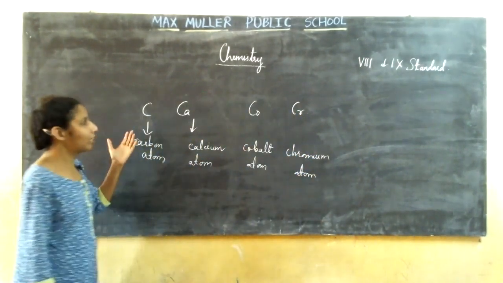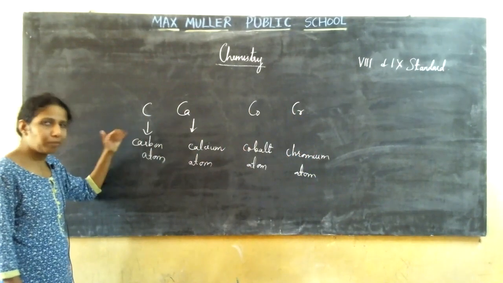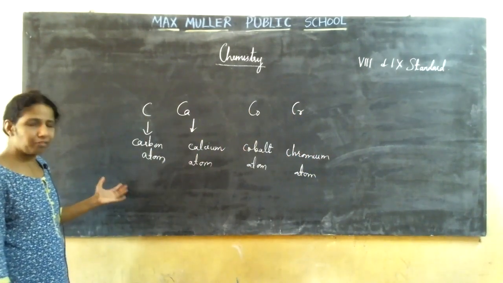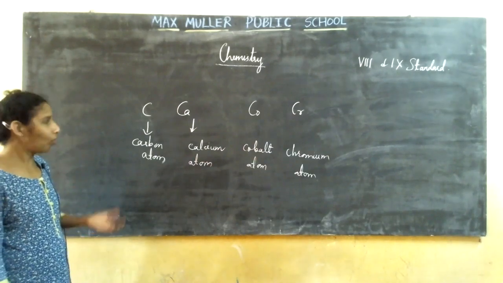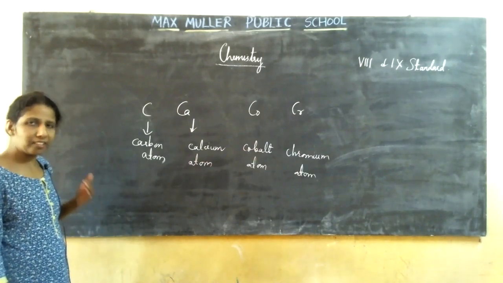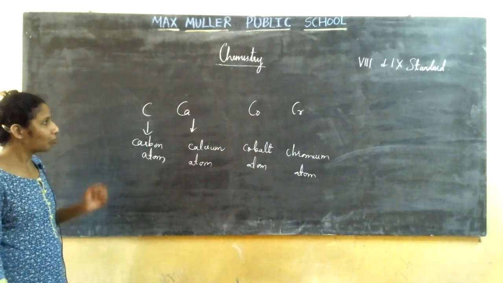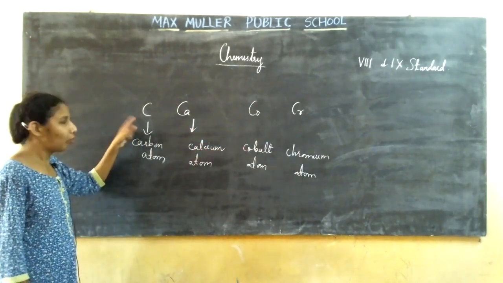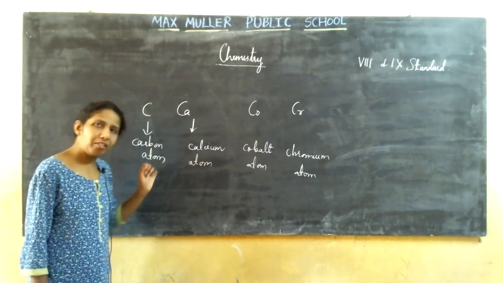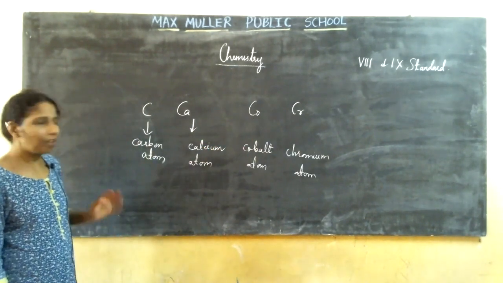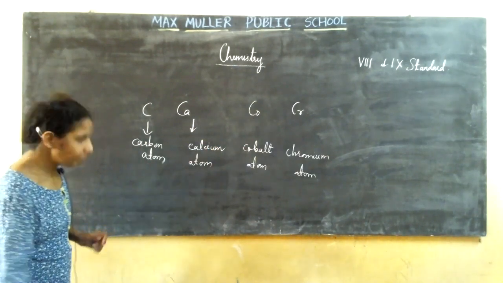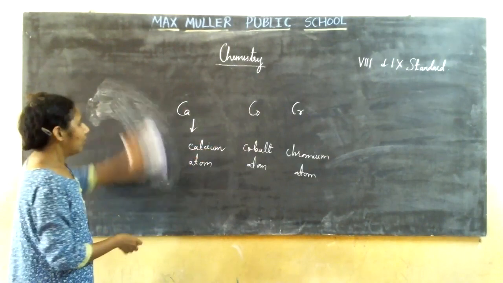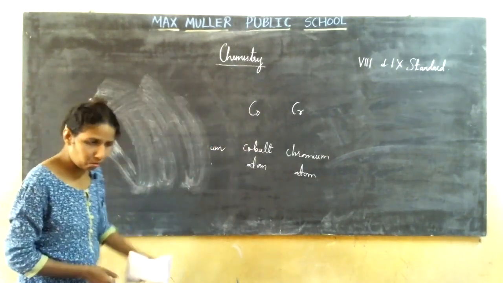So just by looking at the symbol of an element, you should be able to name the element. Okay, if the name of the element is given, you should immediately recall the symbol. It is very, very important. And you should also write the symbols of elements correctly. The first letter will always be capital, the second letter will be small. Okay, I hope you people have understood. Now, this difference you should know. And Cl means chlorine.